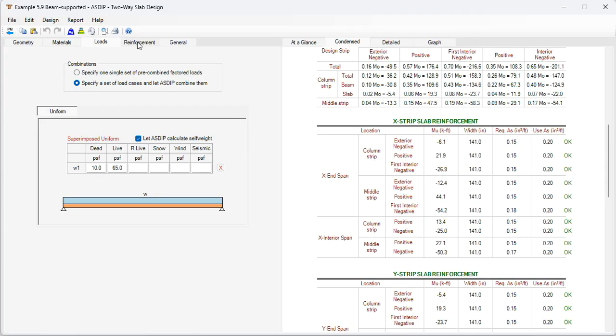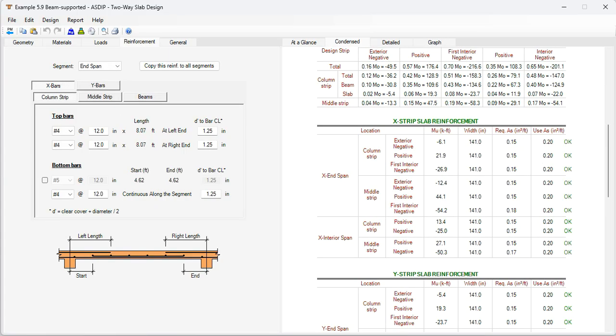If we go to the reinforcement tab, here we can design the rebars in the slab and in the beams. Here there are some controls that have been designed in such a way to simplify this process. For example, for the slab X bars, top bars and bottom bars, here we can specify easily the rebar size and here the spacing. And then the distance d', which is defined as the clear cover plus the bar diameter over 2. The same applies for the middle strip, and all this applies also for the rebars in the